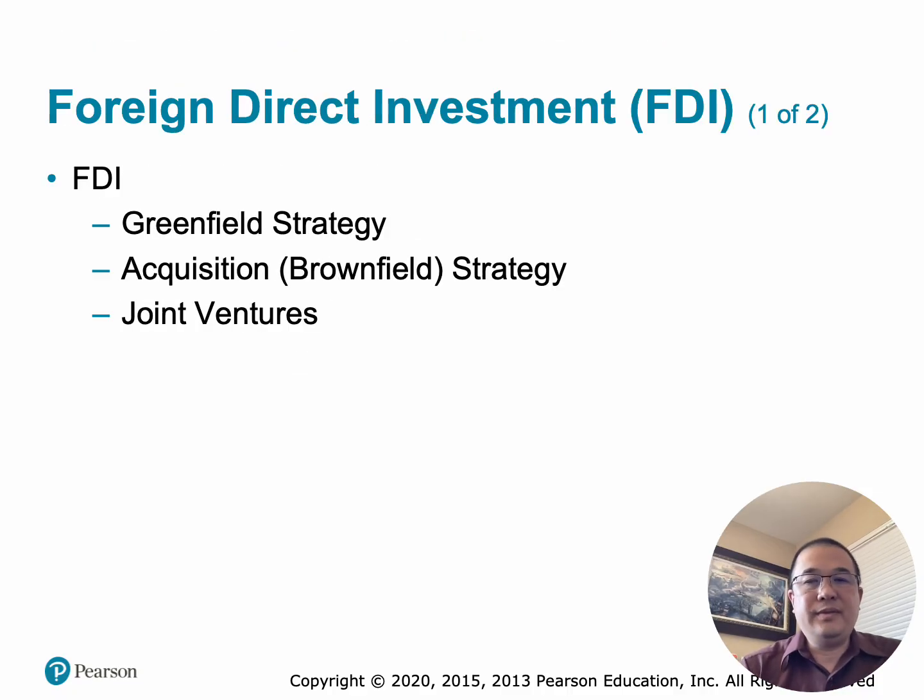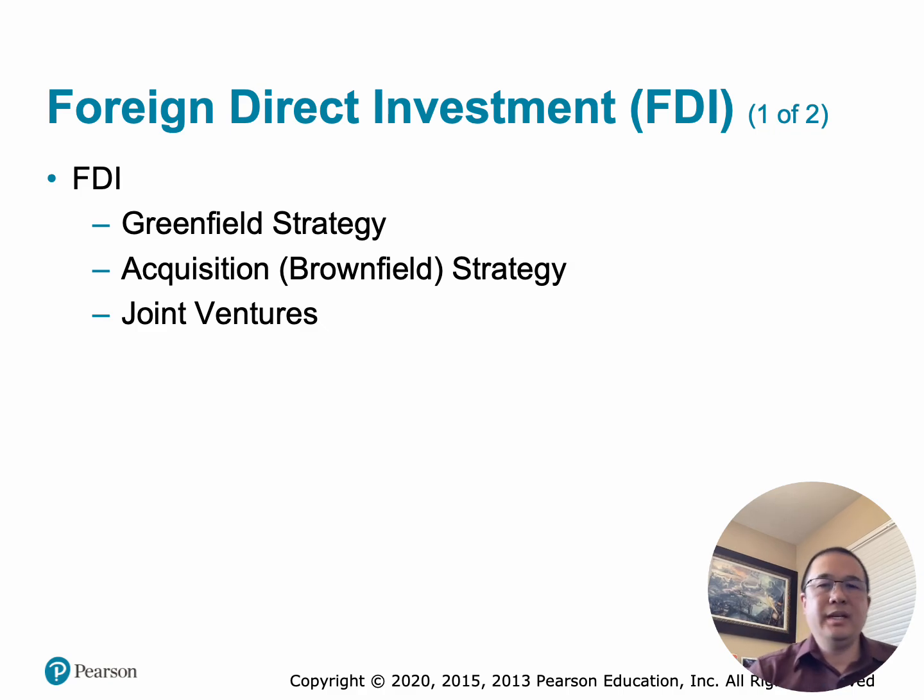So this introduces foreign direct investment, or FDI, one of the most significant ways companies enter international markets. What is foreign direct investment? FDI occurs when a company invests directly in business operations in another country. Unlike exporting, licensing, and franchising, with FDI, the company actually owns or controls assets in the foreign country. So examples would be building a factory, purchasing a company, creating a subsidiary, and forming a joint venture.